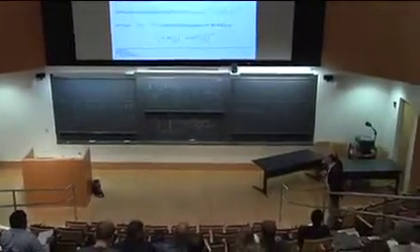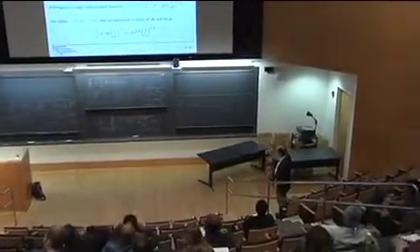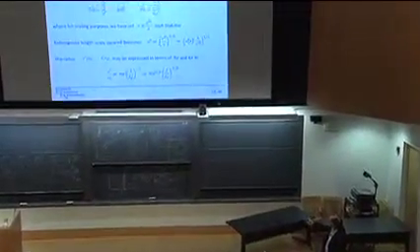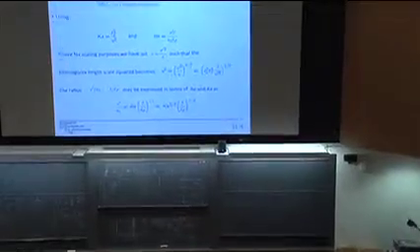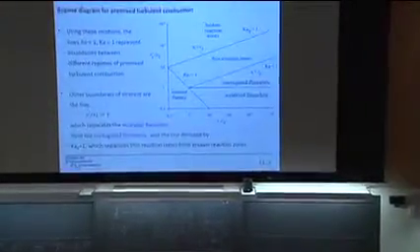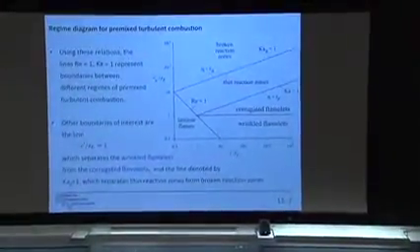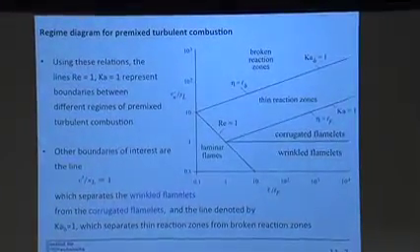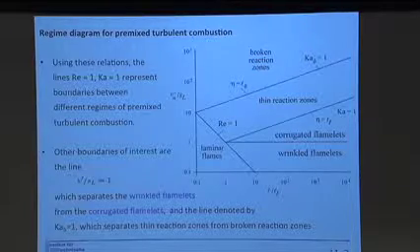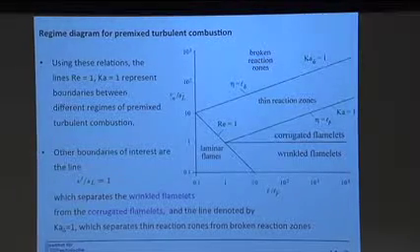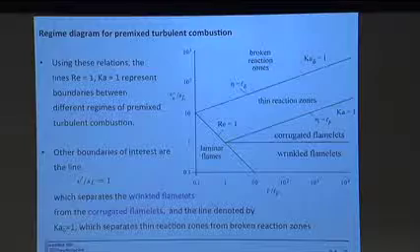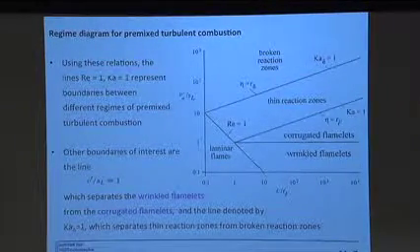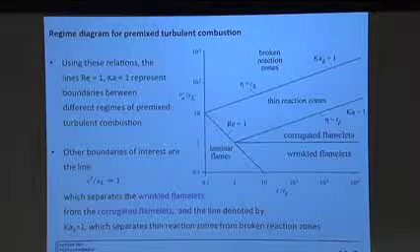So let's see. We were talking about this regime diagram, and we looked at how the different quantities here could be expressed if we plot it like this. I tried to construct it here, and here you see how it looks. See here they don't even show the Damköhler in one line. And you see this is the Reynolds number equal to 1, laminar flames, and